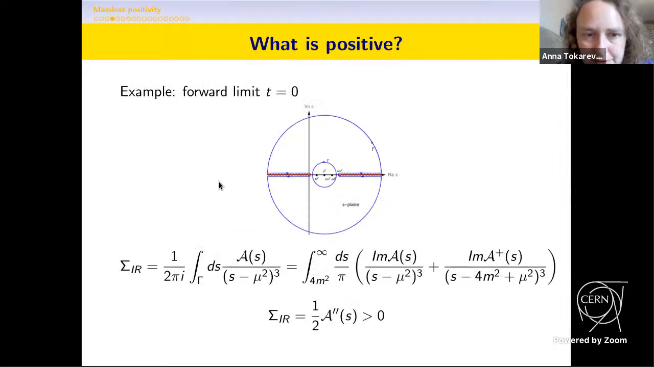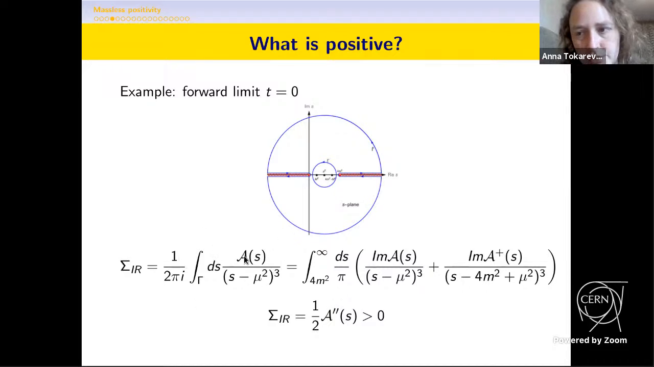Then why do we call them positivity bounds? What is positive? The answer is that the positive thing should be the imaginary part of the amplitude. But this is too weak a constraint, and we can find something stronger. Using the analyticity properties of the amplitudes, if we take the forward limit t to 0, we can write actually